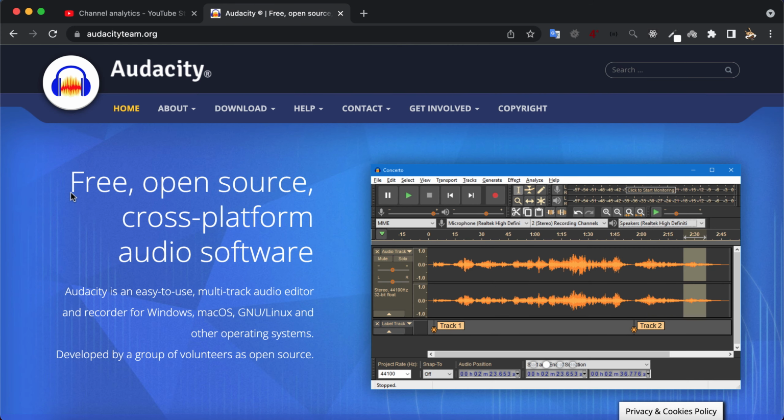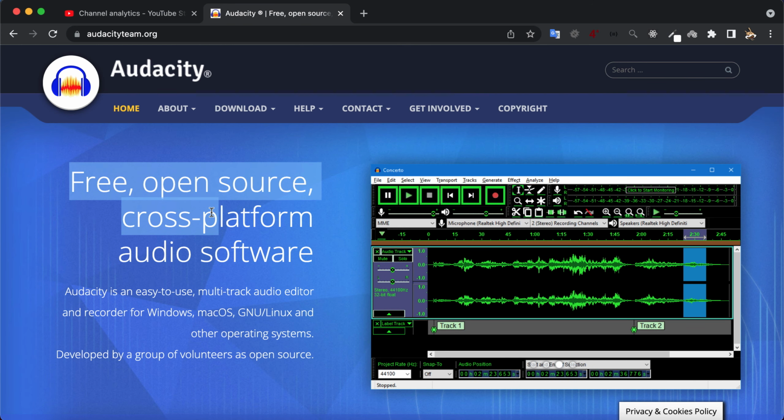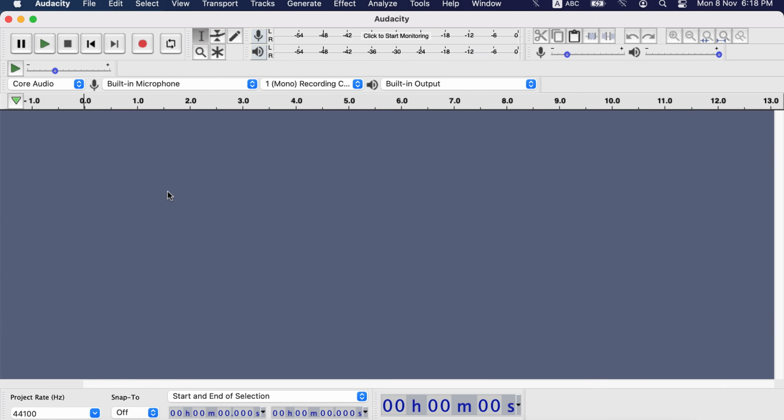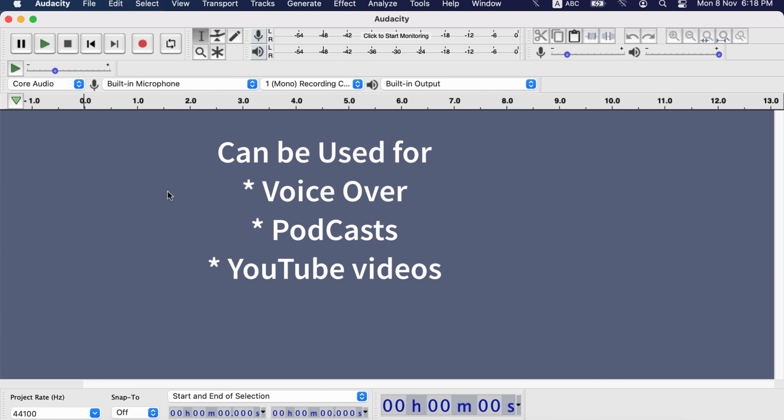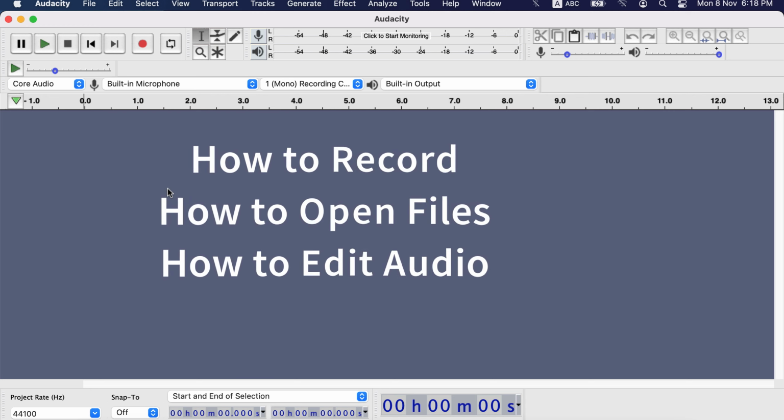We will see how to use Audacity, the most simple and easy software for audio recording and editing. Professional voiceover artists and podcasters use this software. Even people use this for editing audio of their YouTube videos. We will see how to record audio in Audacity, open existing audio files in Audacity, and finally, edit those audio